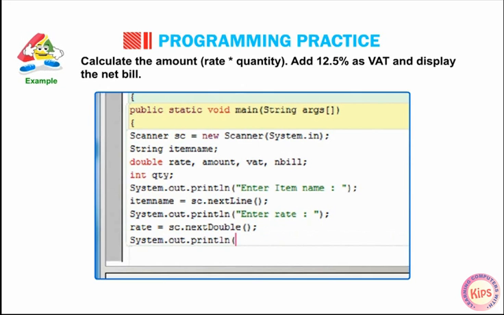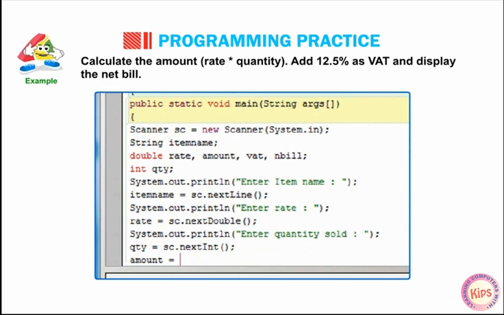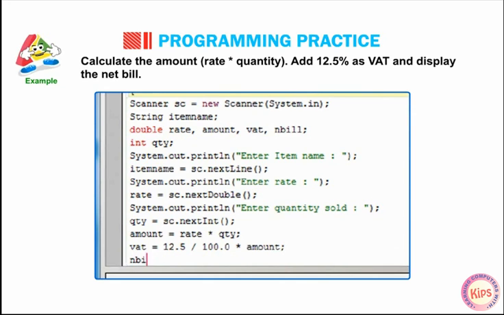System.out.println("Enter quantity sold:"); quantity = sc.nextInt(); amount = rate * quantity; VAT = 12.5 / 100.0 * amount; nbill = amount + VAT;